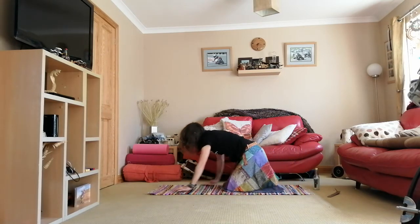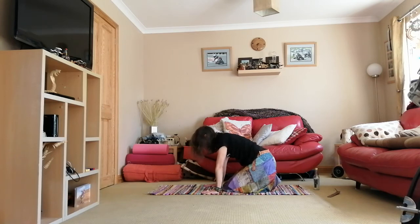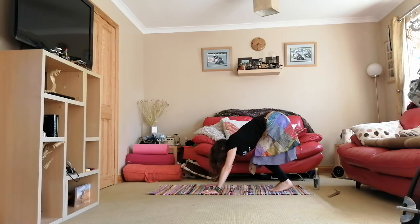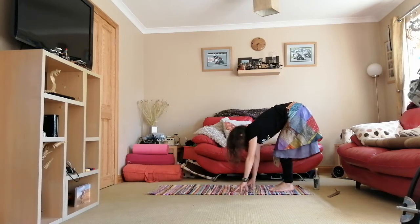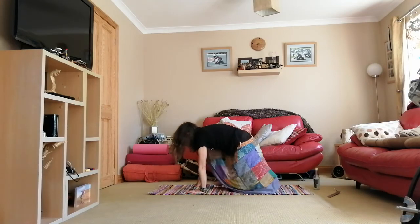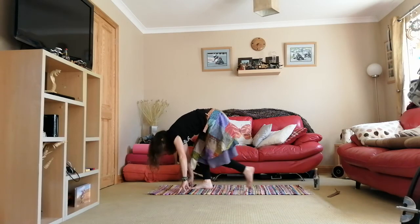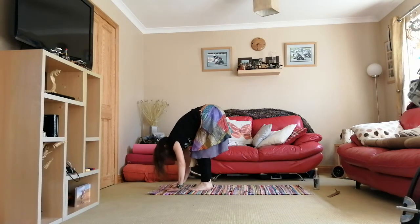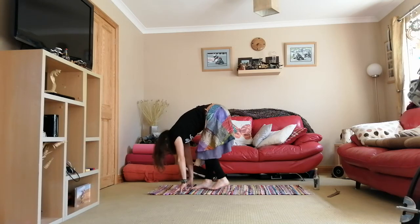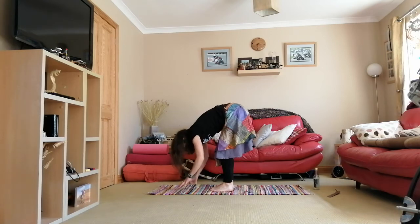Okay, so what we're trying to do is gently bring the weight back into the balls of the feet and lift up from here, driving that tailbone up and bringing ourselves up slowly. If that feels a little too much, you can step a foot forward, bring the other foot to join slowly, and again, just surrender down into a fold. So whichever one feels better for you, take your time, breathe, and stay connected to your